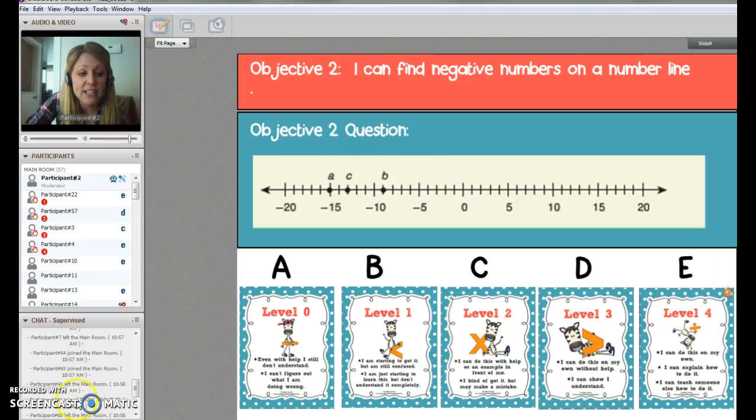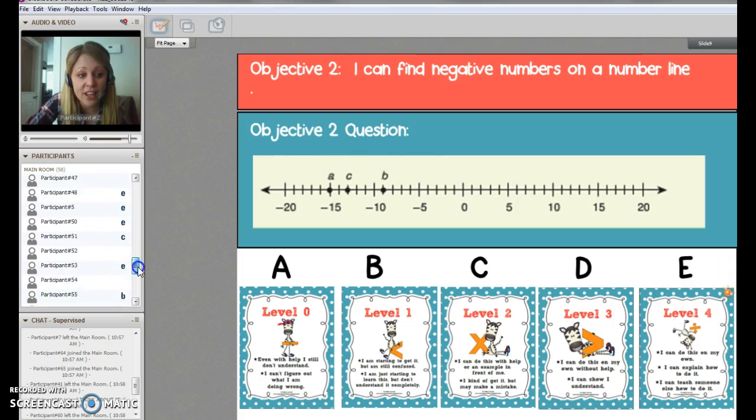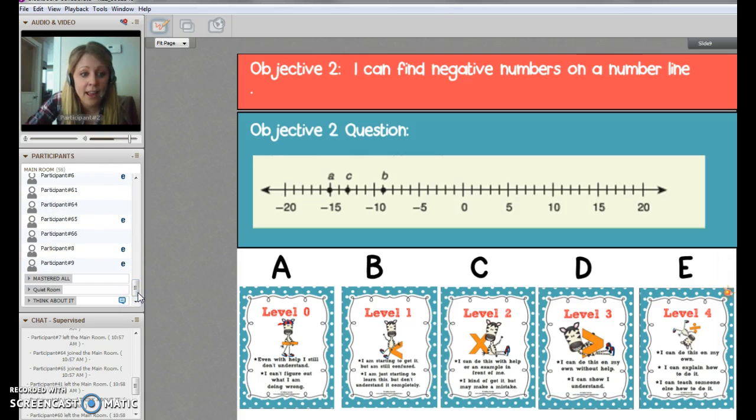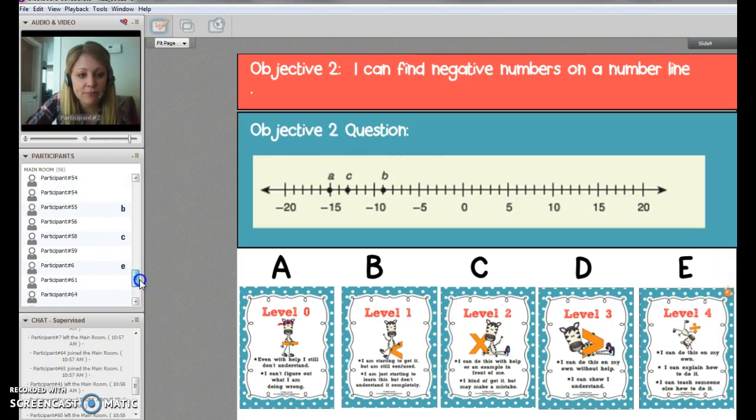Okay, I'm going to start sending a lot of students. Alex, can you give me an answer? Alex, I know you're new, but can you give me an answer? Thank you. Allison, and both Allisons. Can you give me an answer, please?